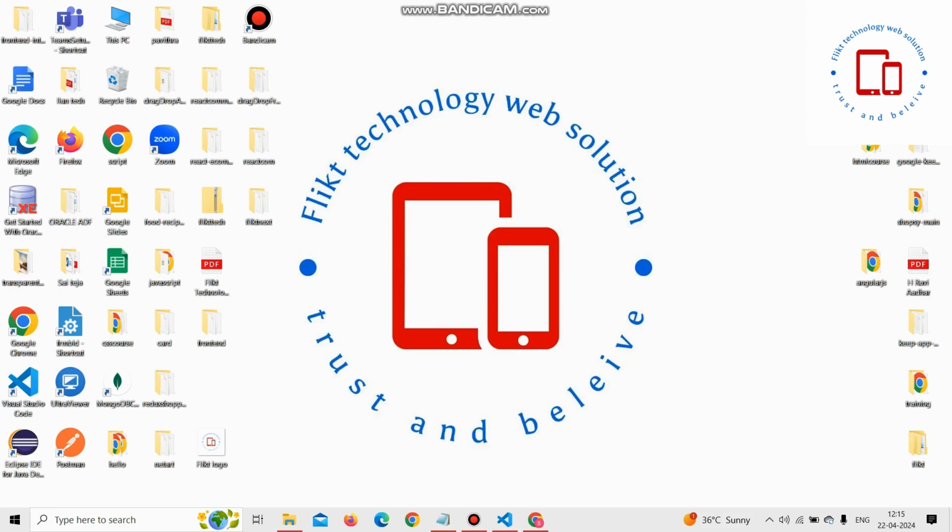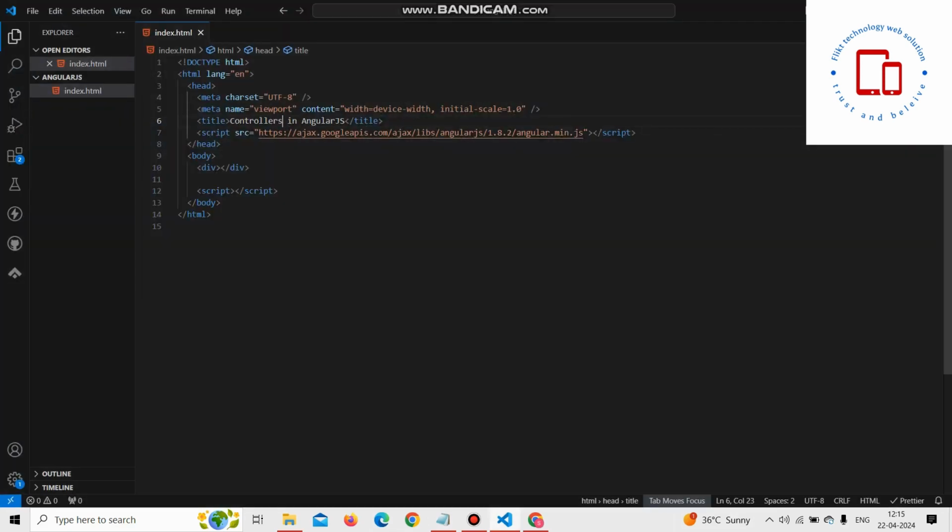Now I am going to show you how to create a controller using HTML. For that I have created a simple HTML template. Now inside div